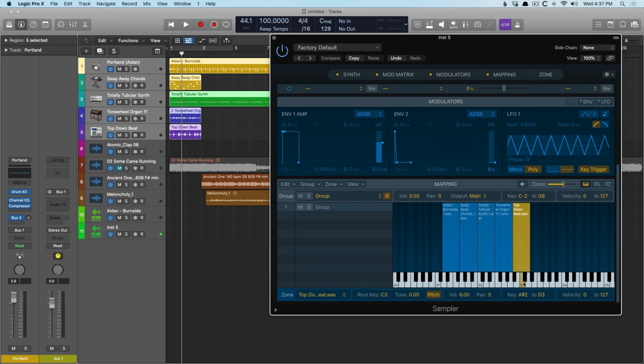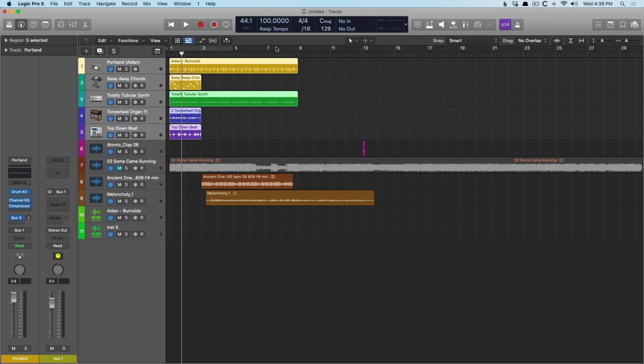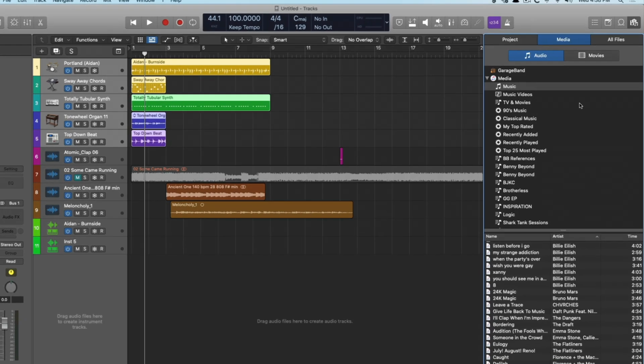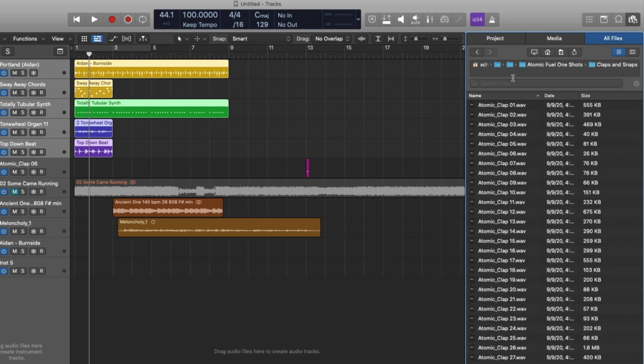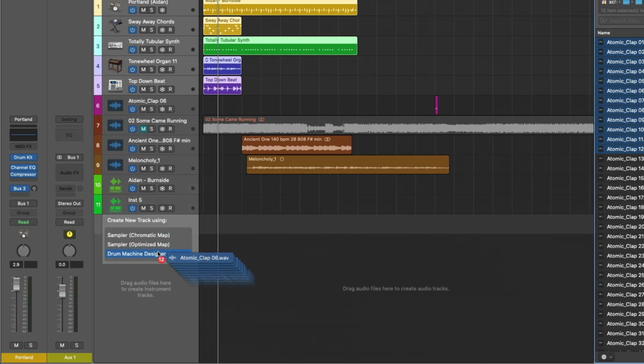And now let's do the same thing with Drum Machine Designer. And we're going to do this from two different areas. We're going to do it from the Finder and also from the browser. So let's start with the browser, go to All Files. And I have a series of claps here. You can hear that. So let's select these 12, drag it into the track header area here, and go to